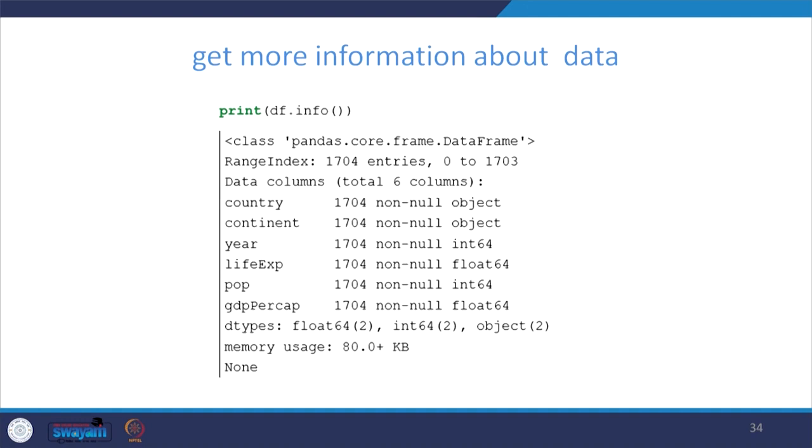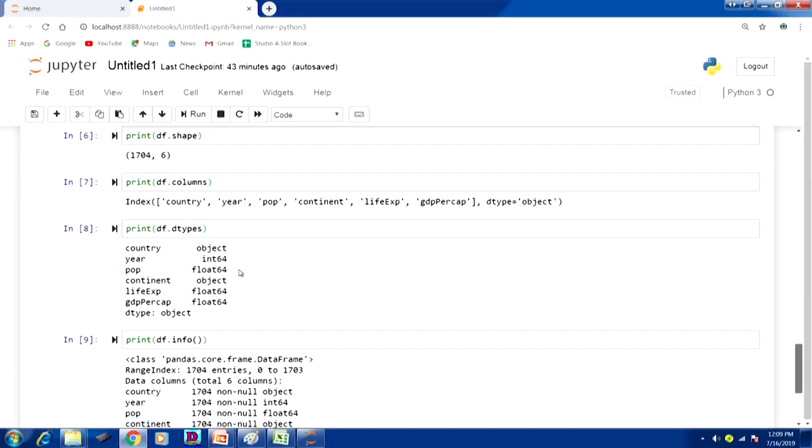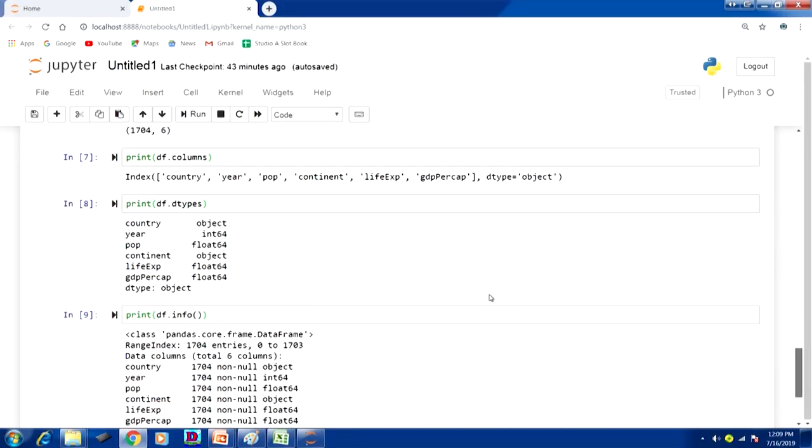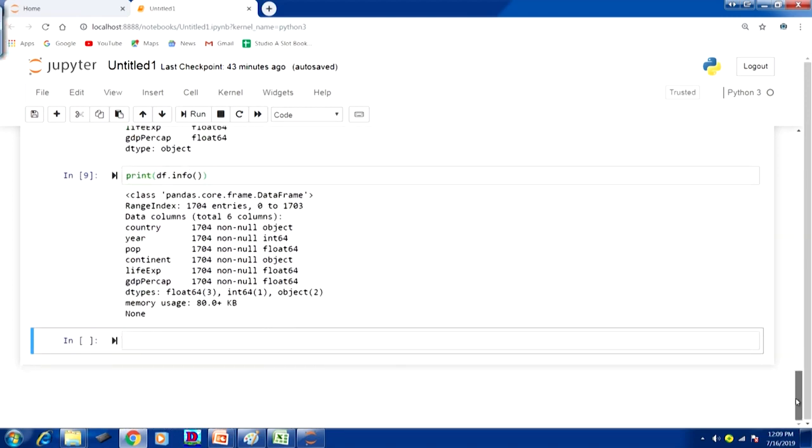One more command is to get more information about the data. You type df.info, and you will get the full details about each column. Look at this. When I type print df.info, I am getting the data columns, there were 6 columns.